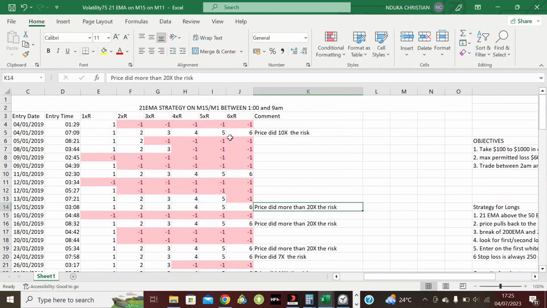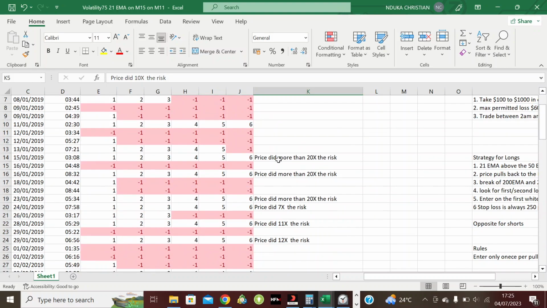This is a back tested report. Now look at the comments. Price did 10 times the risk on this setup, so if you're a flipper, you could have flipped your account here. Now this one, price did 20 times the risk. If you deposit $50 and risk the whole $50, you would have made 20 times that $50,